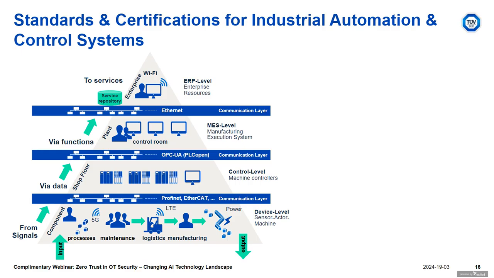So what first thing would be more challenging when we're talking about standard and certification for industrial automation? Generally, if you see in front of you right now, it's the overall ecosystem, or we say the architecture, in terms of how this operational technology works.